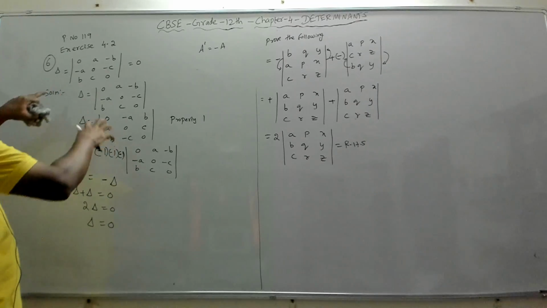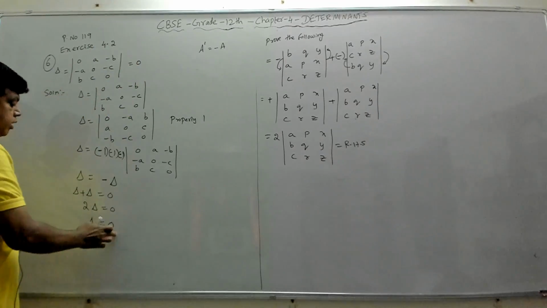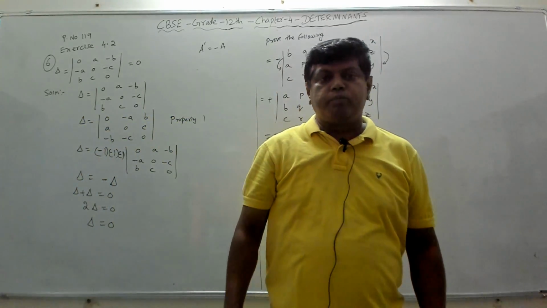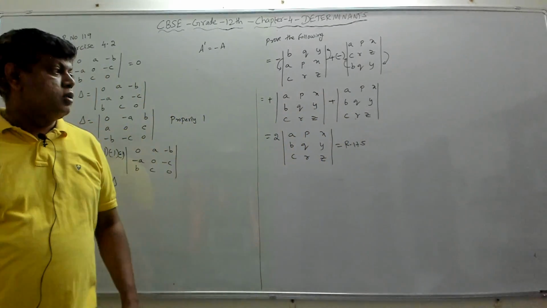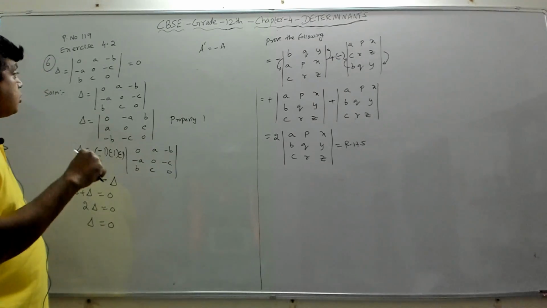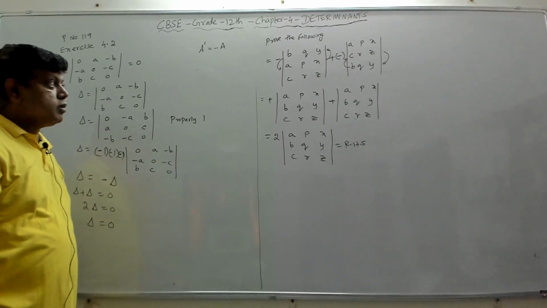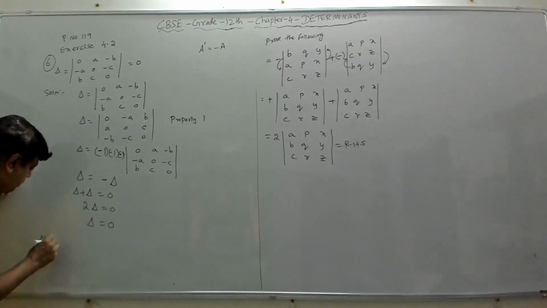We had to prove that delta, the value of this entire thing, is equal to 0. We have proved that. So copy this, and this is actually one of the properties for a skew symmetric matrix. For any skew symmetric matrix of odd order, the conclusion, or you can take it as a note, is